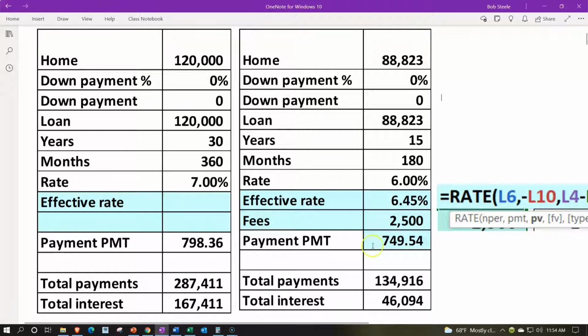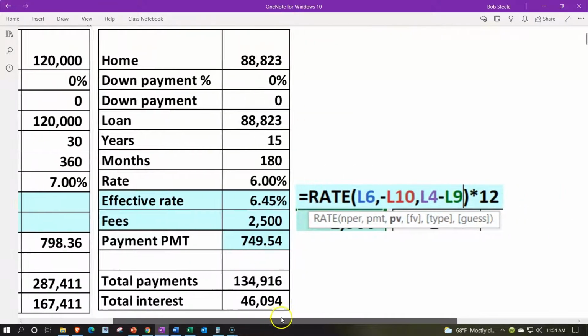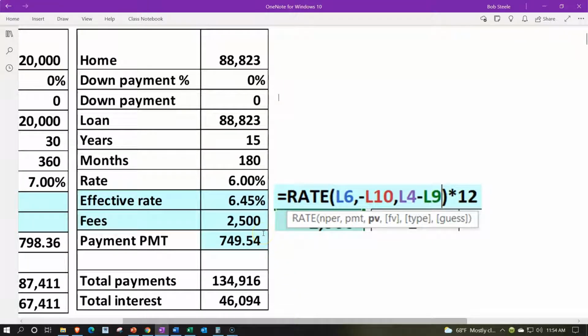So one calculation you could do is try to do that effective rate type of calculation. I could say, well, if I try to roll this cost into a percent and then be able to compare that percent, that's one calculation we can do to see if it would be worthwhile. We could say this equals the rate calculation. Then we're going to take the number of periods, which would be 15 times 12 or 180, comma, the payment, which I'm going to make negative so it comes out properly. The payment would then be the